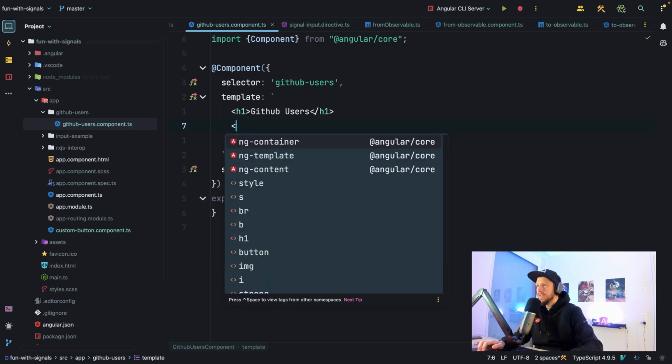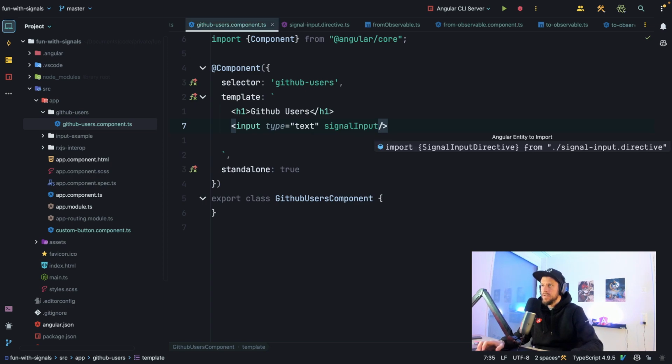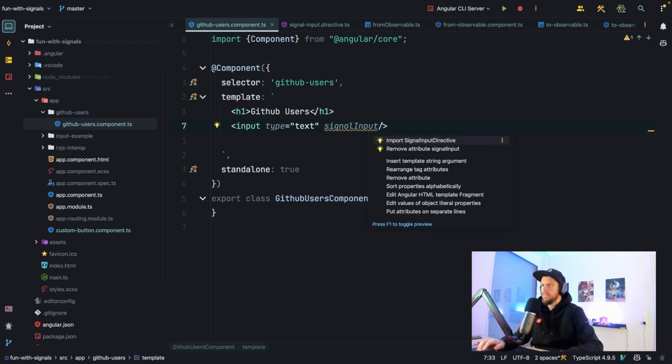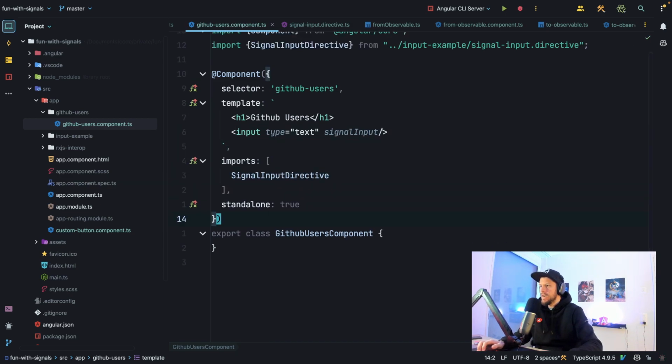GitHub users, and inside here we have an input, and this input then uses type text and uses our signal input directive. So now